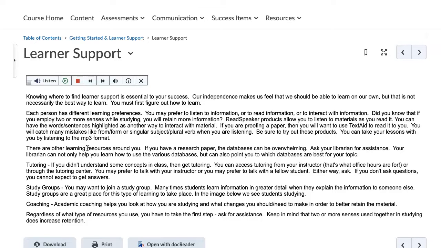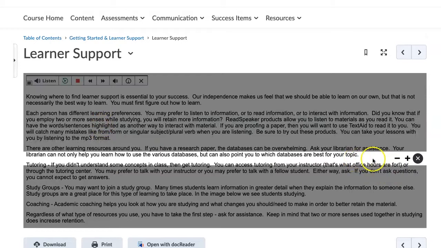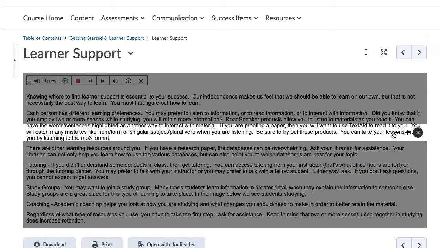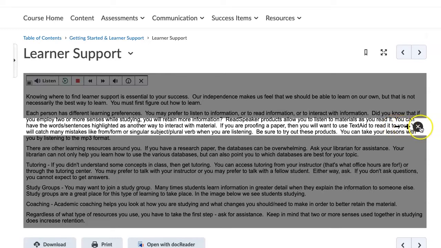Other tools that we have that help with distracted readers, whether that be because they might have ADD, they might have ADHD, they might have some cognitive learning difficulties. Those tools are the page mask, and we'll look at that. As you see, it is a mask. It's like a sheet of paper with a hole cut in it. You can make it larger or smaller. You can use it like a note card with the bottom edge to stay on line. It's great for those students that are having that focus.